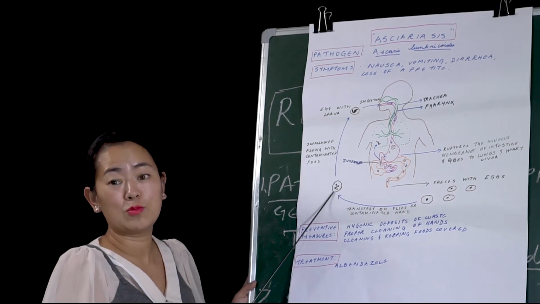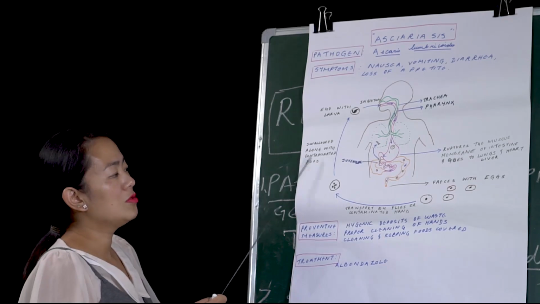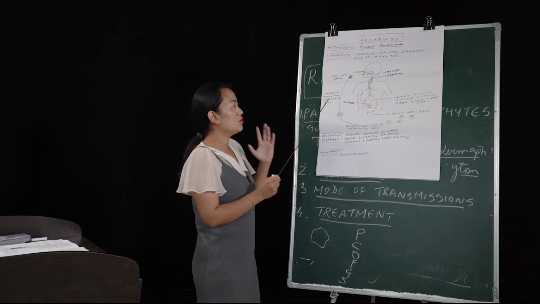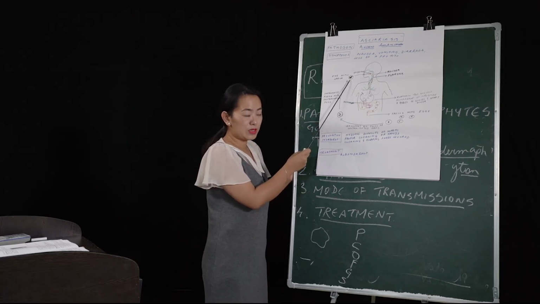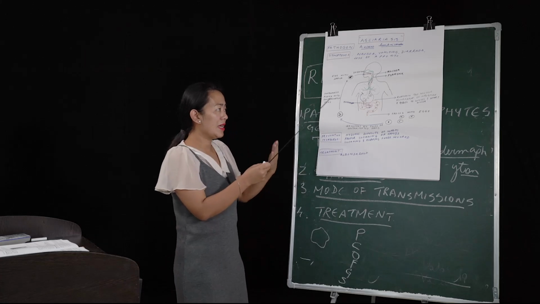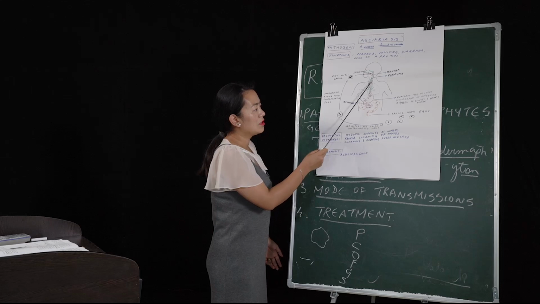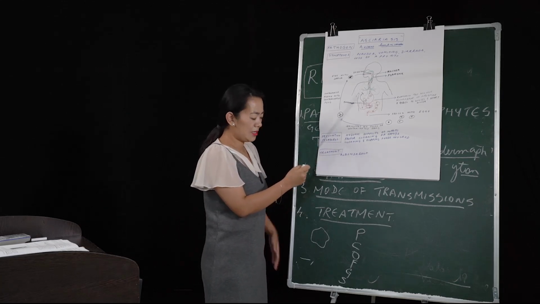They are contaminated. Why? Because they are filled with the eggs. Remember that. So when they are swallowed along with contaminated food by a normal human, the eggs will go inside along with the larva. They will start developing inside the eggs, the worm. After that, it will get swallowed and go to the stomach, and then when it reaches the small intestine,